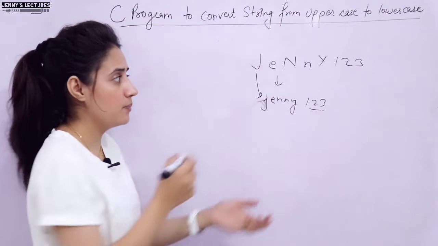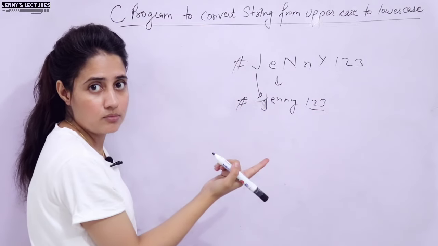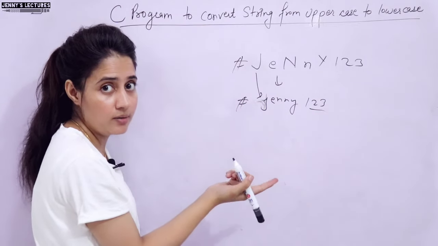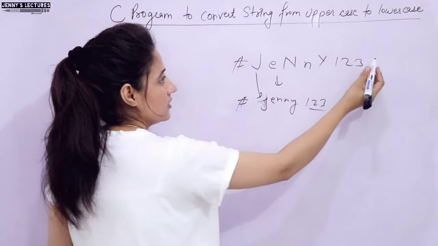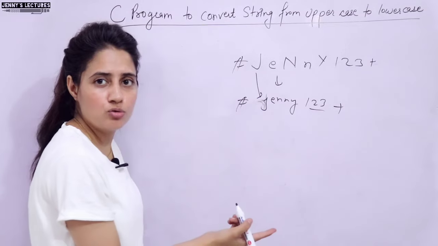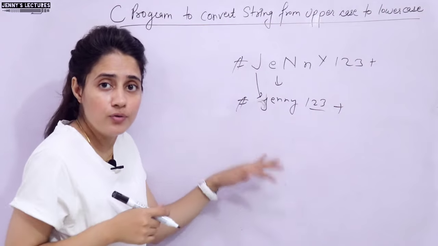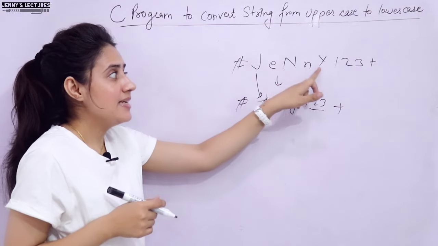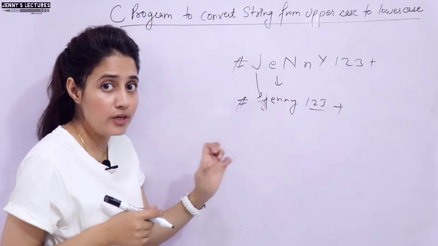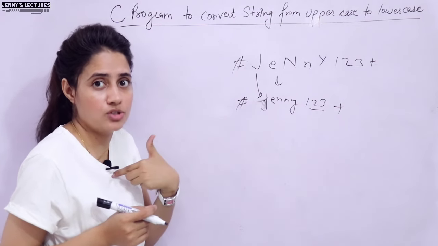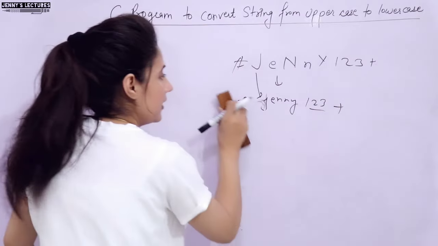If you are using any special symbol, like I am using hash, in the output also we want hash, right? Because that is not an uppercase letter, it's a special symbol. Or if you use plus, then here also I want plus, if you use star, then star should be in the output. Only we want to convert uppercase letters into lowercase letters, right? This we need to take care of while we write our own logic, right? Now let me write down the program. We will use that function